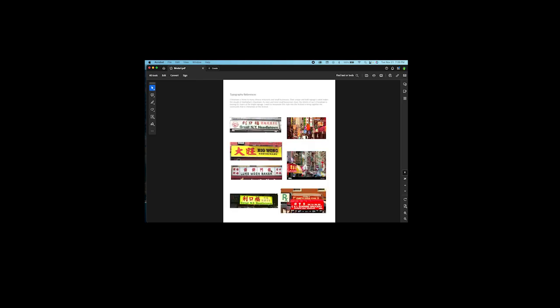And I was also looking at typographic references. Chinatown stores and signage are really iconic for their unique and bold signage. And that's what makes up the visuals of what is Manhattan Chinatown. When you see pictures of Manhattan Chinatown, you see all the signs and the bright, big, bold typography that's written on it. And I wanted to incorporate the style into the festival because